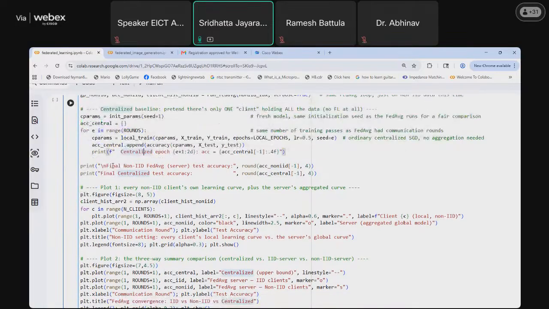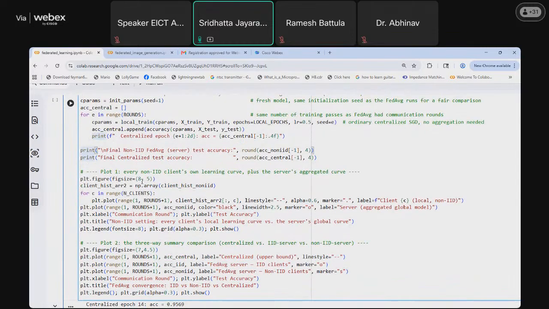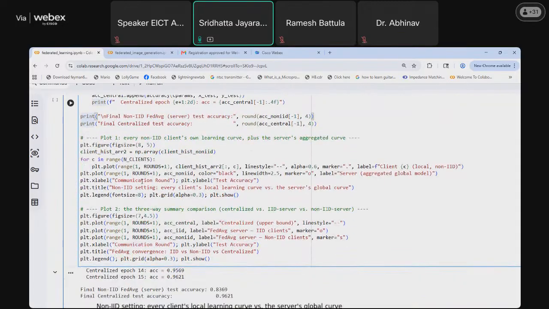So now we'll print the accuracy after performing FedAvg on non-IID data, and the upper bound of the server, or the highest accuracy that the model can reach by exposing the server model directly to the clients' data. Then we will plot the curve.